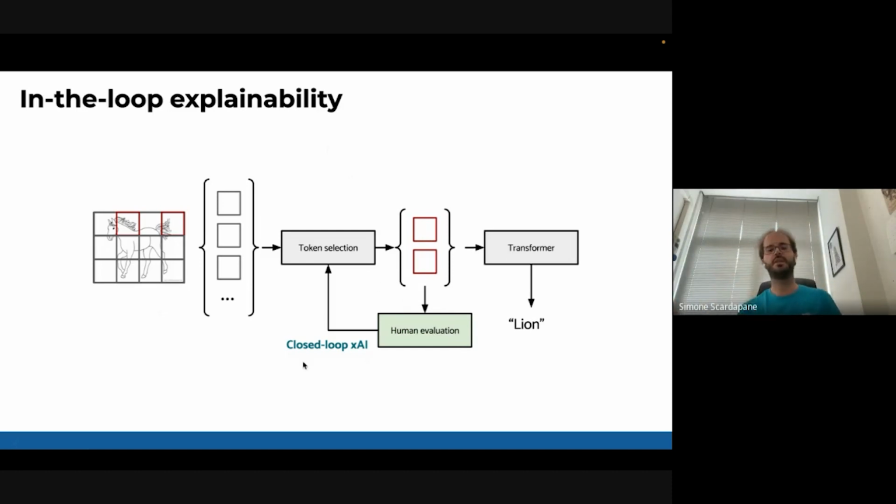And since this is a part of the neural network, I can use this feedback to regularize the choice that has been made. So for example, if some tokens were selected, but a human tells me that they were a bad choice, I can regularize this token selection procedure to try to avoid this selection. So I can kind of correct its behavior. And this is really interesting because it can give me a lever to control this thing.